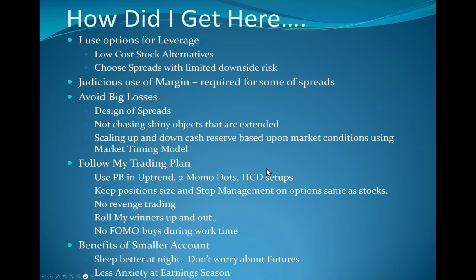And I like John Person's high close doji setups. I am careful to manage my positions so that they look the same as if I bought the stock. Just because I can buy a synthetic on Amazon for a buck or two, controlling 100 shares for $200, it has the same risk as buying the stock. I'm not going to buy 10,000 shares because my average purchase is $20,000, $30,000, $40,000. I'm going to buy the same amount of shares I would have bought if I bought the stock. No revenge trading, roll my winners up and out, meaning